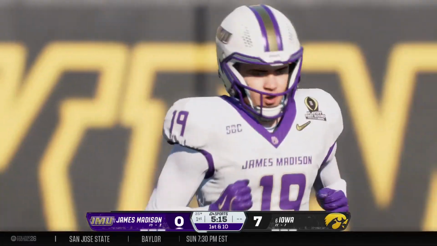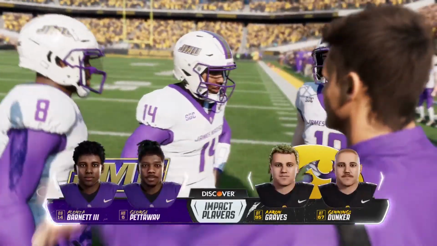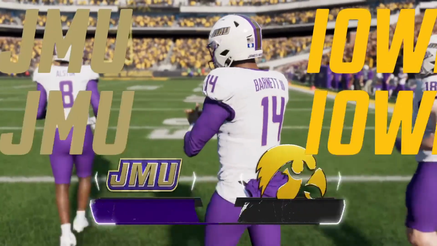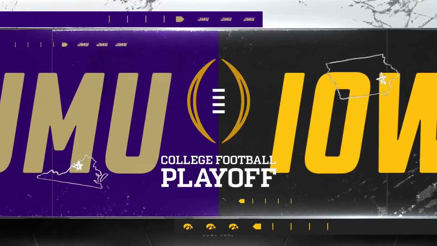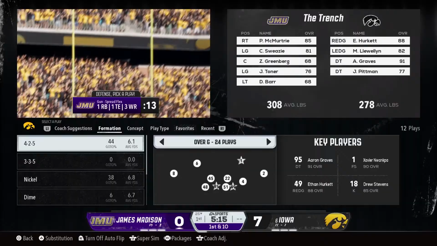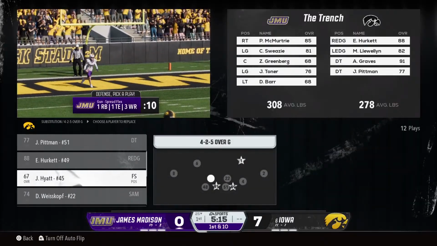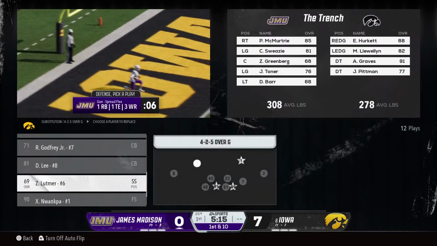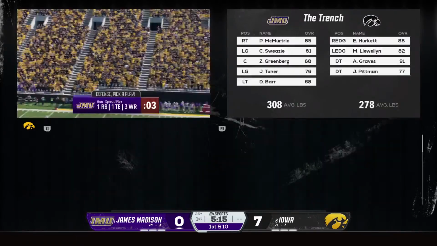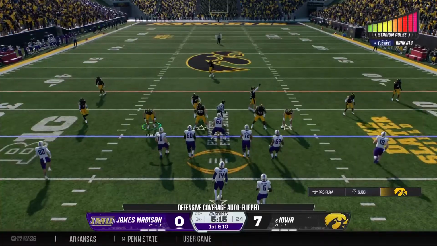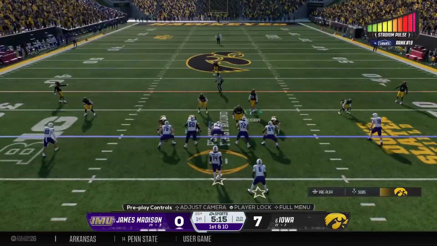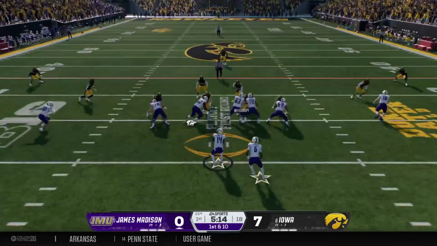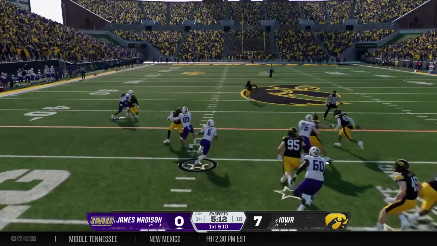He thought about returning it, but instead takes a knee. It'll be a touchback. They'll start at the 25. So the James Madison Dukes offense out there for their first possession. Let's check out the impact players in this game. They're guys that are going to have to step up and deliver. The teammates look to them. Coaches are counting on them today. Chris, I think these are the guys that show the most consistency, and I think that's why we're showcasing them. They're going to have to be able to step up and not only make plays, but provide the leadership. Coaches told us all week that these are the guys that really are unique within this program, and hopefully they play well today. And they'll run it out of the shotgun.